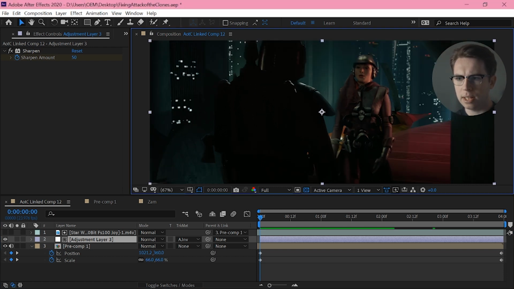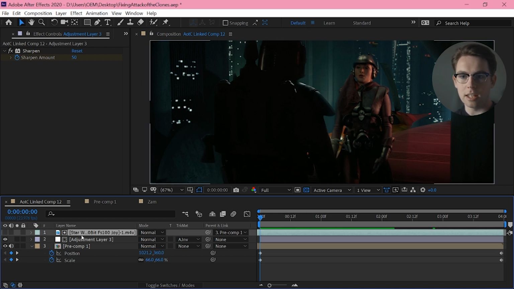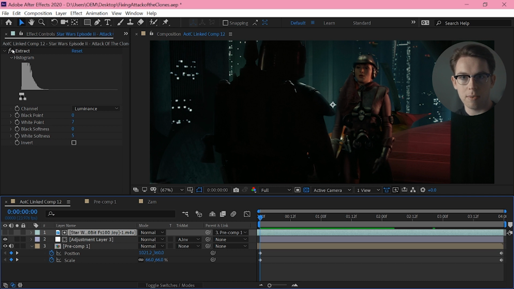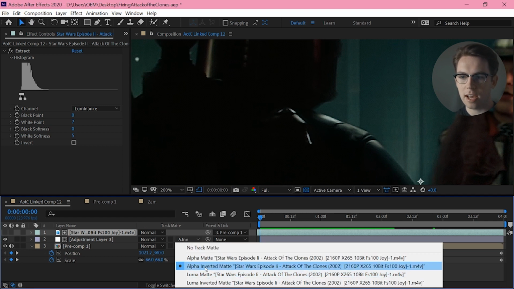Now the only problem with that is, no matter what resolution you use, this movie was shot on digital, and you're going to get some digital artifacting in the dark areas. So I'm extracting the darkest areas of the image and using that as an alpha inverted matte for my sharpening. So wherever the picture is darkest, it's not going to sharpen.